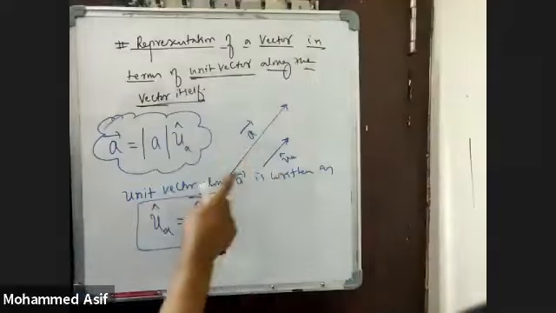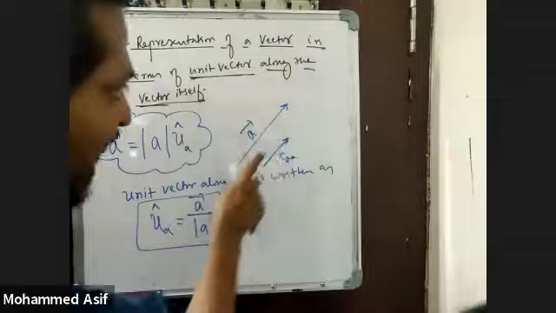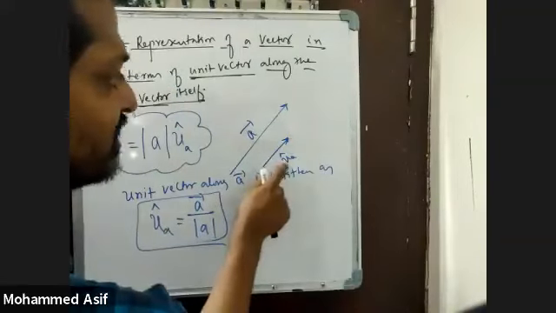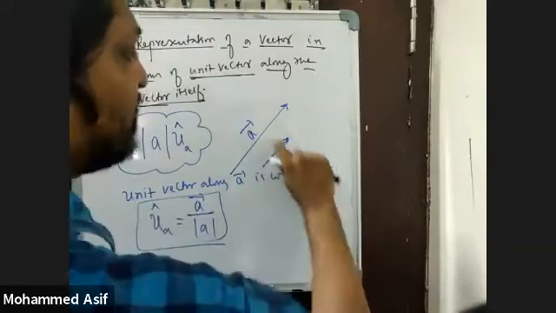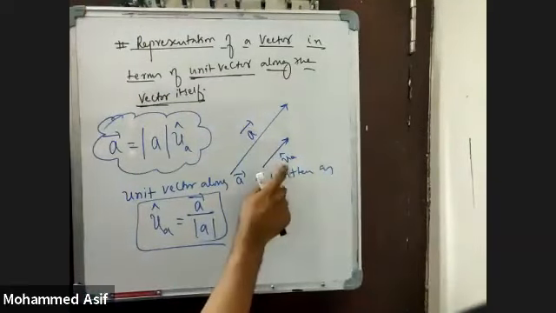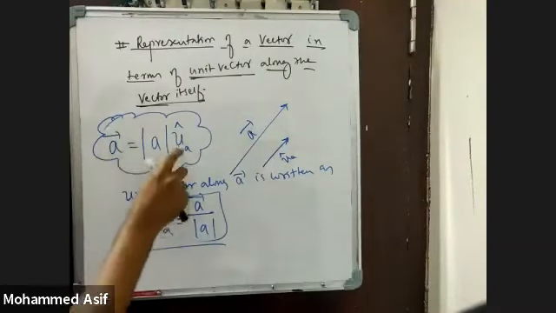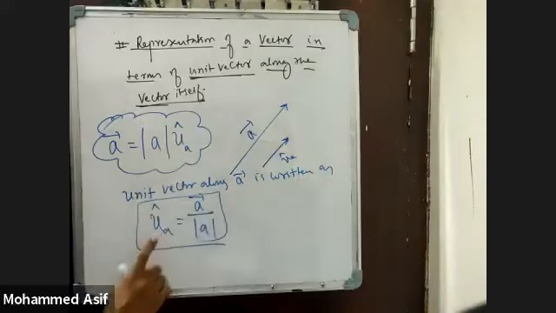So how do you represent a vector? Say someone is telling this is a vector and the direction is also given. Direction is in the arrow mark. This arrow mark is not a vector; it is representing direction, and this will represent the magnitude. U is nothing but unit of A. Unit vector is represented by cap. So this is representing the direction, this is representing the vector. So A bar is equal to magnitude of the vector into unit vector, that means direction. That will give me the vector. So unit vector along A bar is equal to A bar by mod of A.